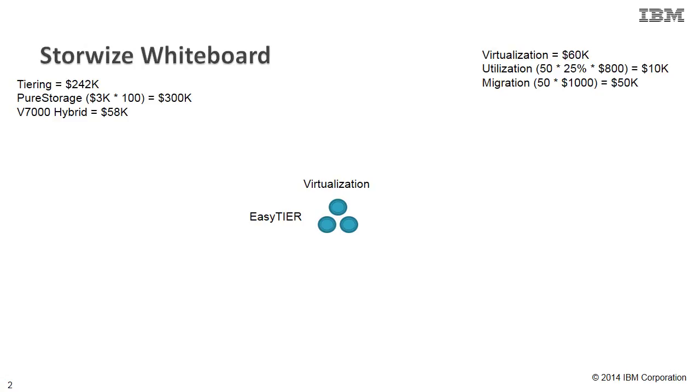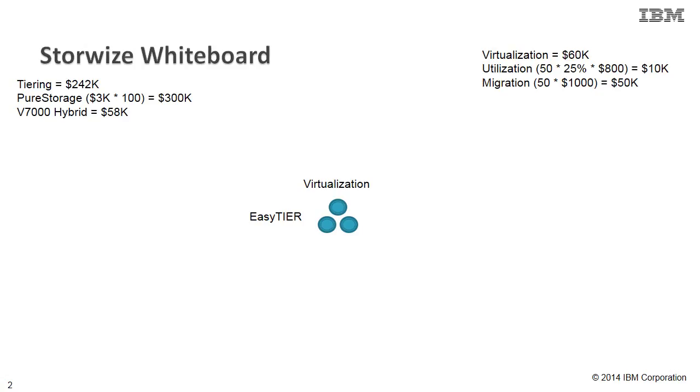So if I were to put a value on Easy Tier, the value I come up with using those same assumptions is $242,000. Well, how do I do that? Well, I compare it to Pure Storage. Now, in this case, it's an all-flash array, and Pure Storage, the cost per terabyte is about $12,000 per terabyte. But I'm assuming with optimization and discounting, I'm going to bring that down to about $3,000 per terabyte, which I think is pretty reasonable. So $3,000 per terabyte times 100 terabytes, $300,000. The cost of the V7000 hybrid solution equal, not completely equal, but close, is $58,000. So the difference is